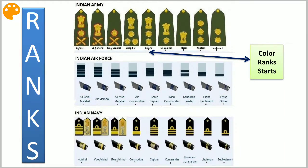So these are the rank structures of these three forces: Indian Army, Indian Air Force, Indian Navy. The first rank of the commissioned officer starts from lieutenant, then captain, then major, then lieutenant colonel, then brigadier, then major general, then lieutenant general, then general. So this is the start of the officer life, that he will start from lieutenant rank and move up to general rank, depending on his career. Okay,